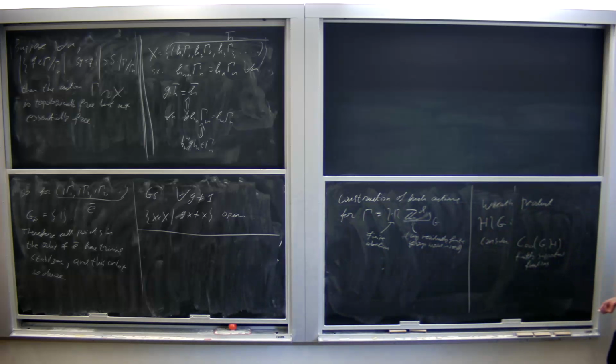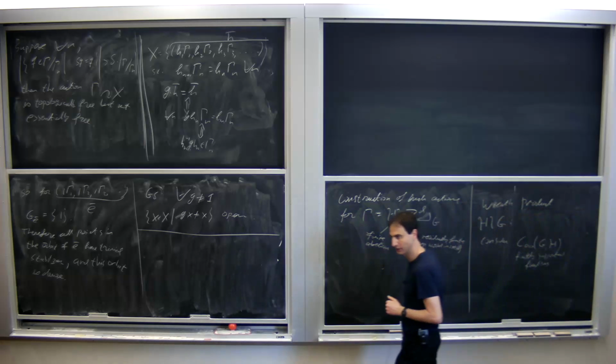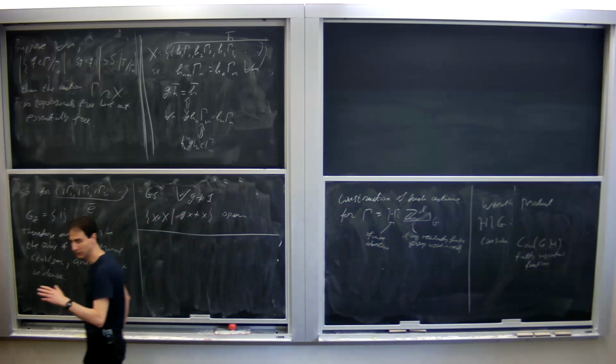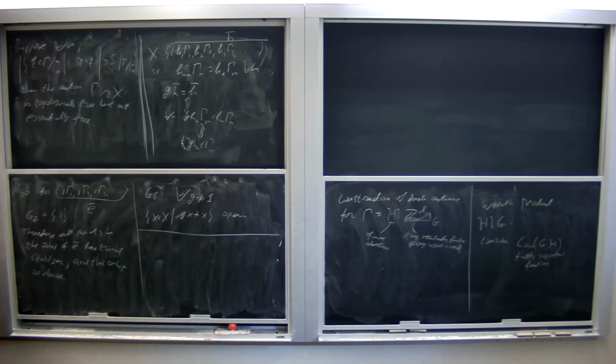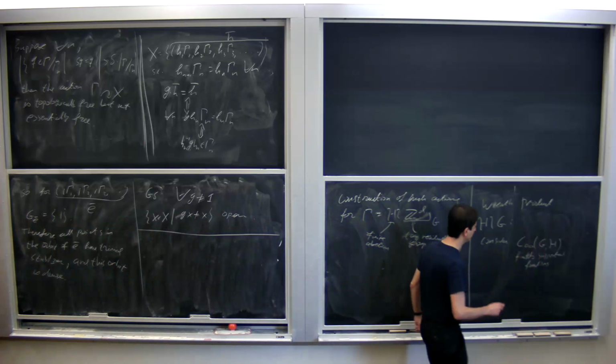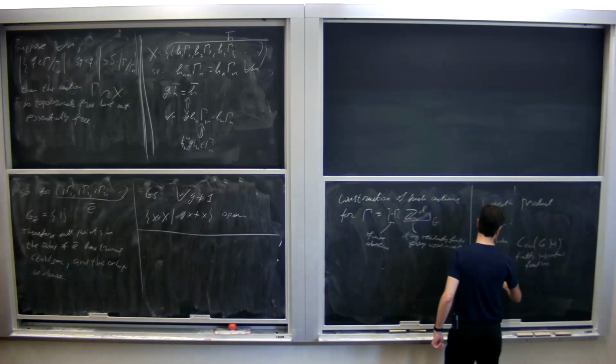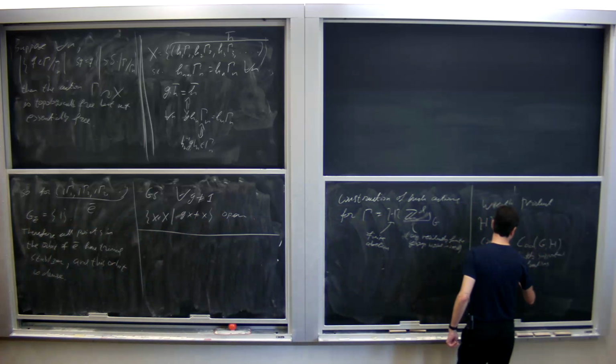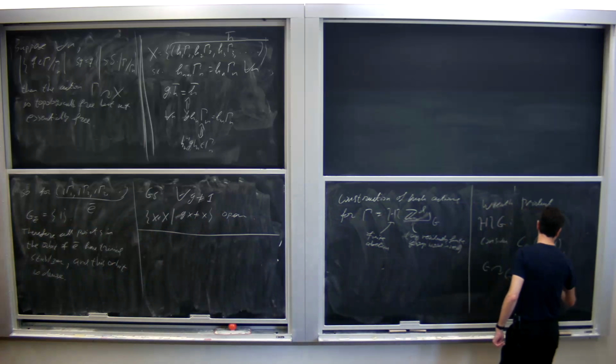Well, if H is not abelian, then just use a multiplicative notation, right? That's a group, okay? So all the functions from G to H which are trivial outside a finite number of coordinates, right? Now we have a natural action of G on this by translation. Let's say left translation, okay? So G acts on it by translation.